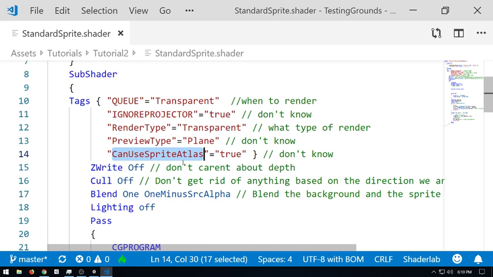Usually in AAA games, instead of having one sprite for one thing, they'll create a sprite atlas, which is a giant sprite sheet of a bunch of different sprites. They'll zoom into the sprite sheet at a certain point, and move where they're looking in order to get different sprites. This means you can batch more things because you don't have to load a new texture in every time, and it's a performance boost.